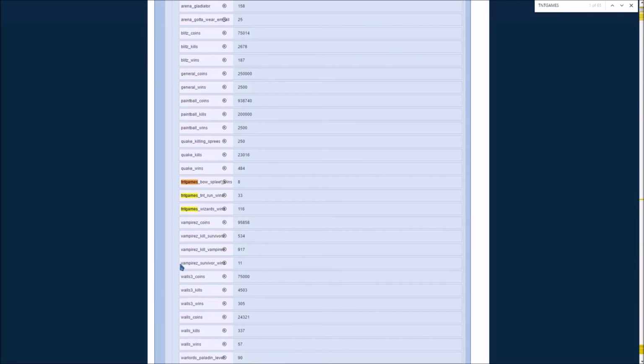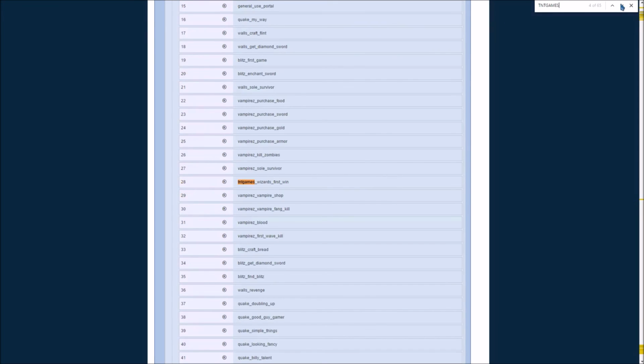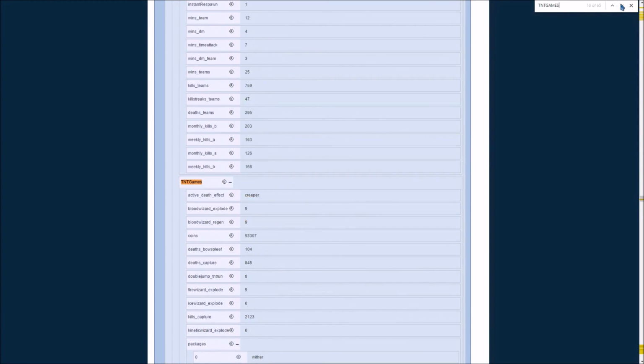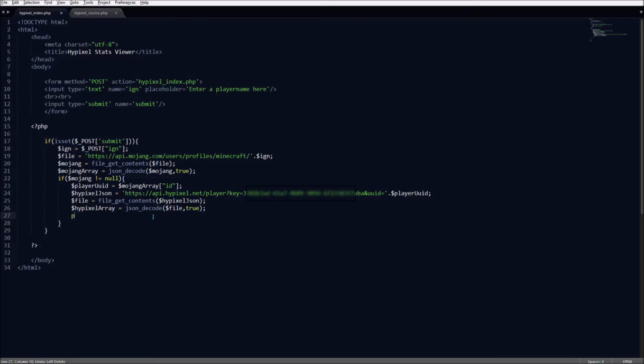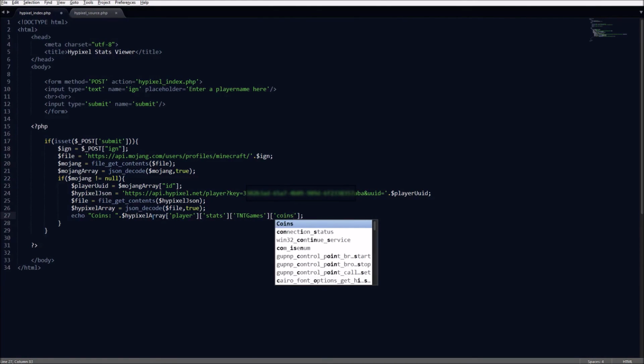If we now, for example, want to get the amount of coins from a player in TNT games, we press the rights reserved icon. This shows us that the coins are inside player, stats, TNT games, and then coins. Because the value this returns is not an array, but just plain text, or digits in this case, we can use echo instead of print_r. If we now run this, we can see that Plank has